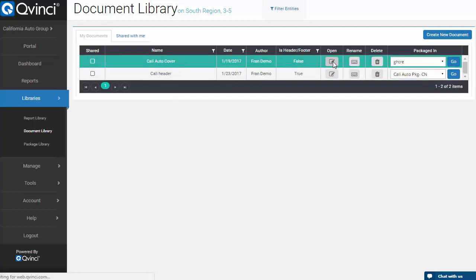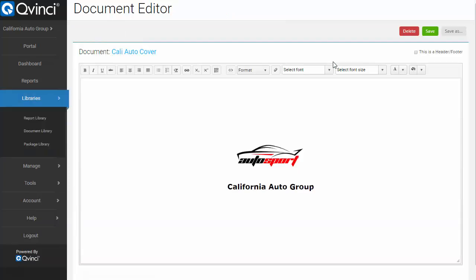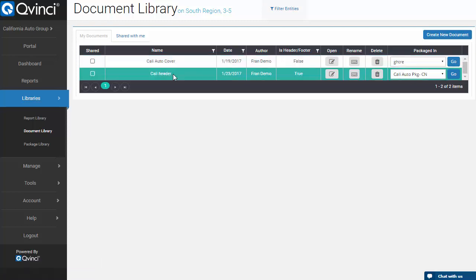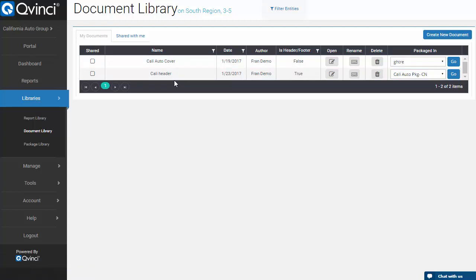And so when you want to deliver standard reports or a package, we're going to call these packages, there are text things that go along with the empirical things that are in the report library. Cover pages, explanatory pages. So here's my cover page, and I build it one time. And remember, when we have a library, we share things with other people. And I have a cover page. I simply click shared, and all the users in your ecosystem can now build and combine reports and documents into packages using this cover page just simply by clicking this. And so that's all the document editor is. Simply cut and paste from an HTML document or from a Word document, put the elements in there.